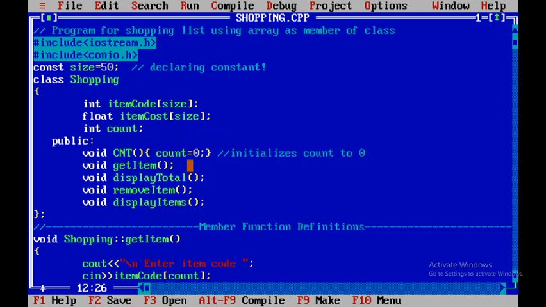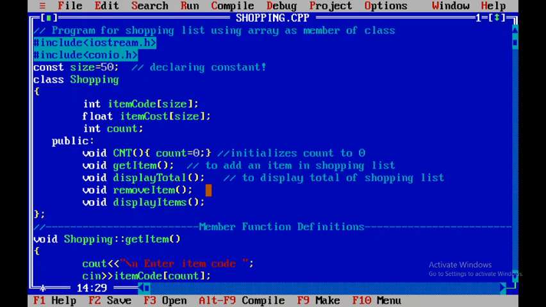So I use get atom to add an atom in the shopping list, whereas display total I will use to display the total cost of the shopping list.